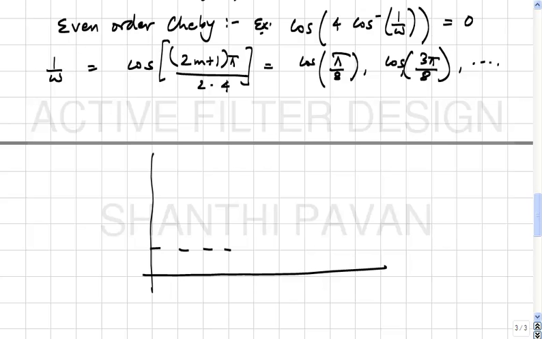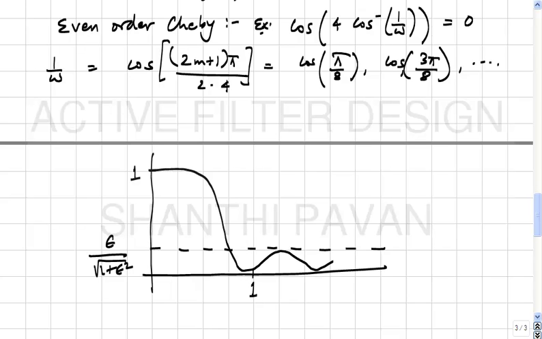So if I assume that this is 1 and this is epsilon by square root of 1 plus epsilon square, okay, and this is unity, then it will do this, and keep doing that. Oops, making too many mistakes today. Yes. Okay, and this makes sense because specifically the transmission at infinity is